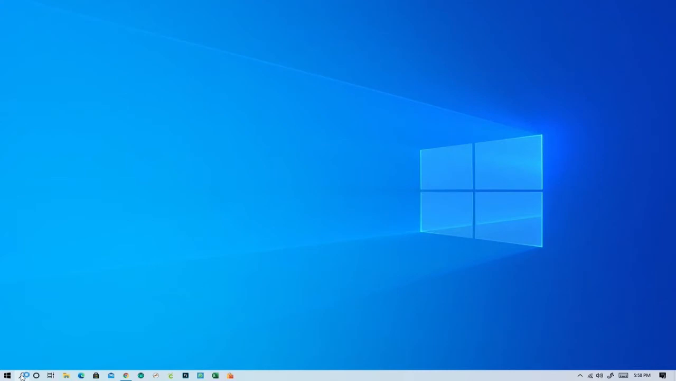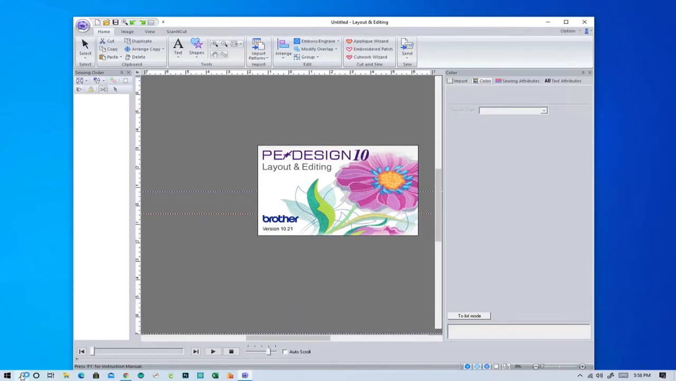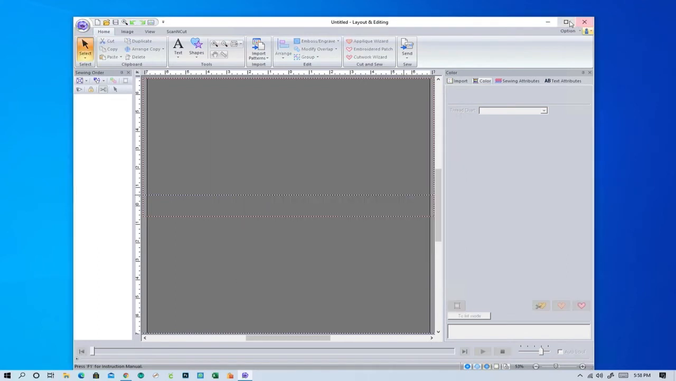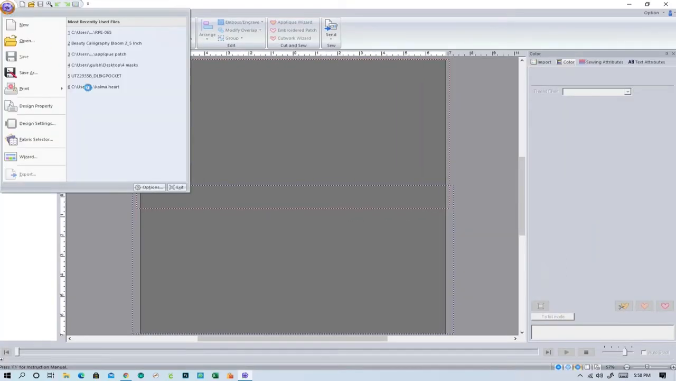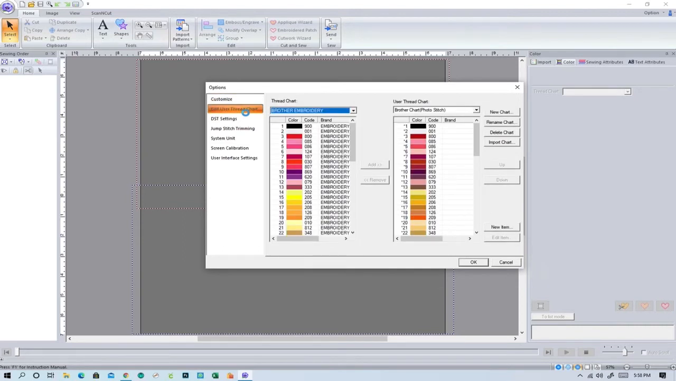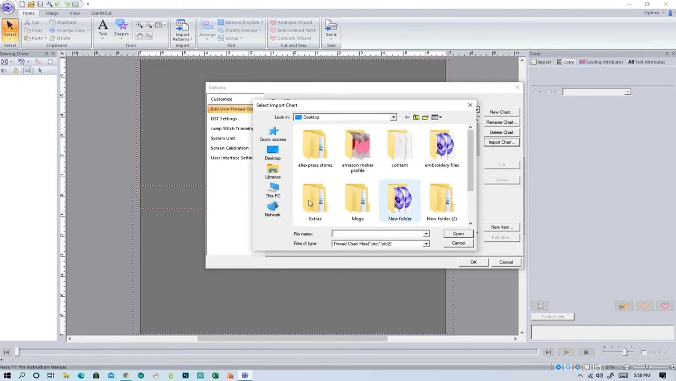I just open the PE Design. Once you open the PE Design, go to Option Settings, then go to Edit User Thread Chart. There you will see Import Chart on the right side where it says User Thread Chart, and here you have to click Import Chart. So now I will select my file,